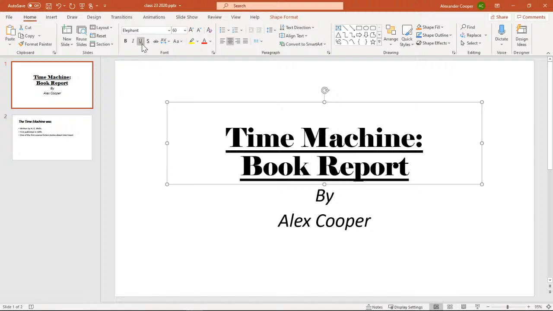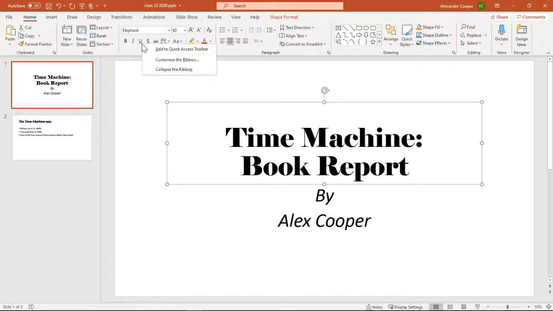One is underlined. Now, if you went to the Word class, you realize that we have a bunch of choices in Word to underline. We only have 2 choices in Excel to underline. And we have 1 choice in PowerPoint to underline. Yes, it has 1 underline. Why is that? I don't know. But that's the way it is.